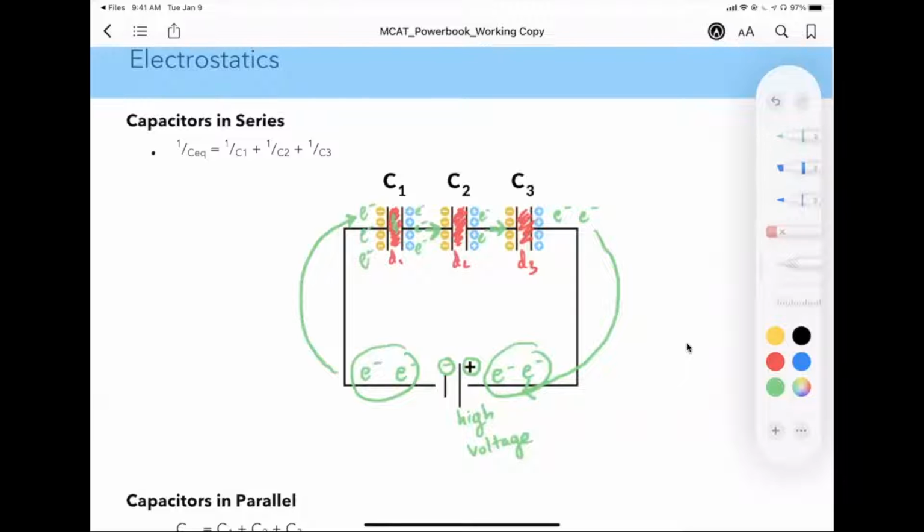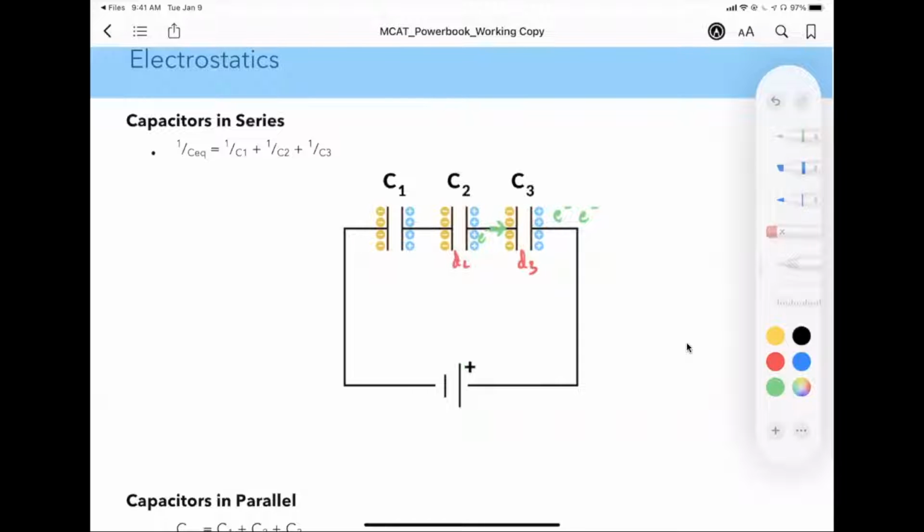So that is how the electrons move around the circuit, right? Just so people understand that electrons are not crossing the separation between the plates. They're forced to push electrons that are on the other side, and those are the electrons that end up moving. And so when the capacitors are in series, right, we know that they're in series because they're next to each other, what ends up happening is,